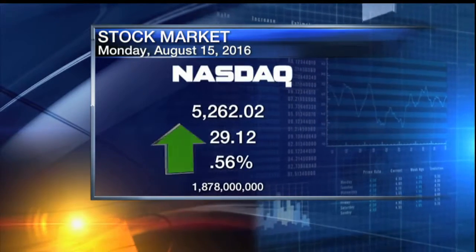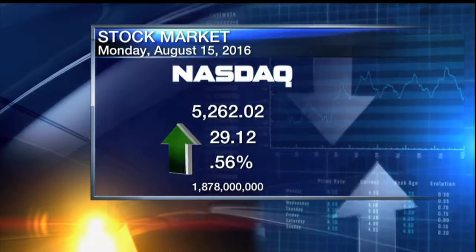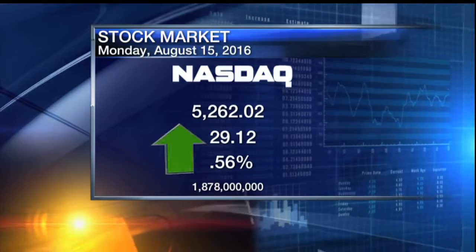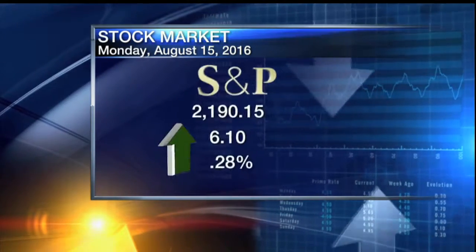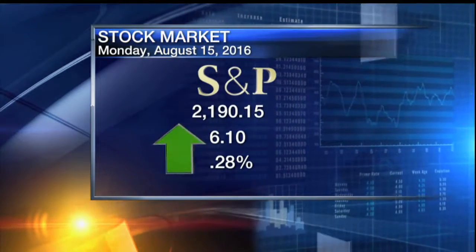The NASDAQ was the big mover of the day, up more than 1/2 of 1%, more than 29 points, closing at 5,262.02. That on volume of 1,878 million shares. And yes, indeed, an up arrow for the S&P, up more than 6 points, more than 1/4 of 1% at